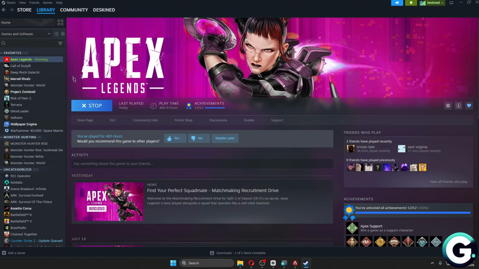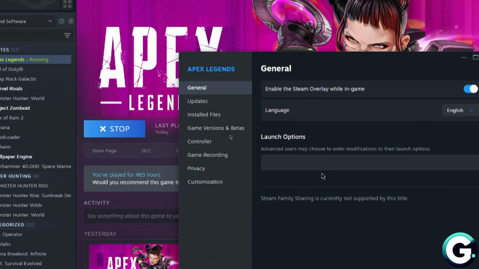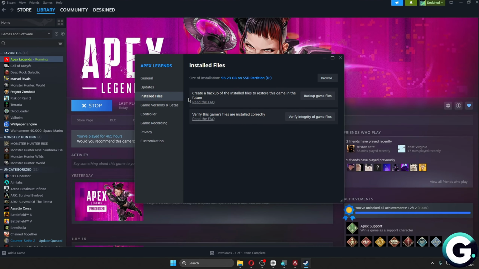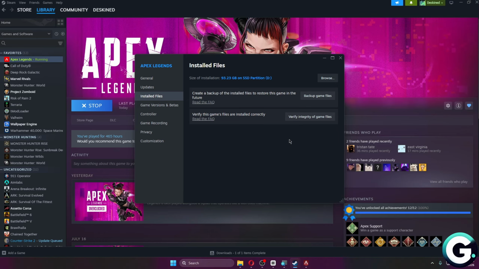to the latest version. And on Steam, you could right click on Apex Legends, click Properties, and from here navigate through the installed files. You want to make sure that you verify the game files are installed correctly. So to do that, click verify integrity of game files. And basically what this does is that it will check every file installed on Apex Legends and it will then go ahead and simply fix it. So just click on this button and it should fix a lot of your issues, including the Apex Legends crashing